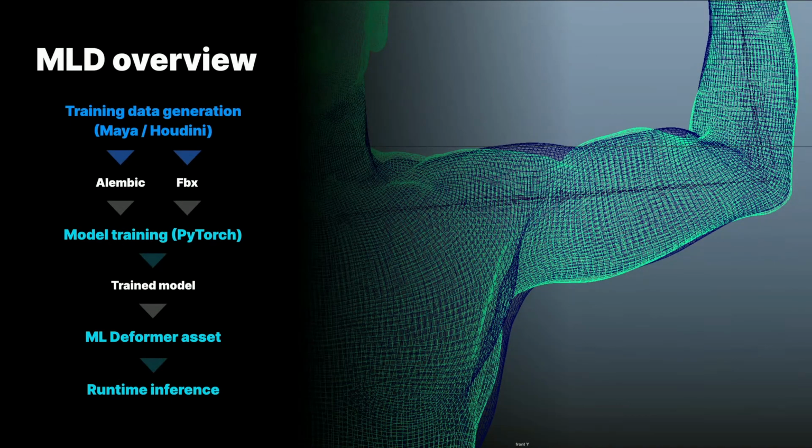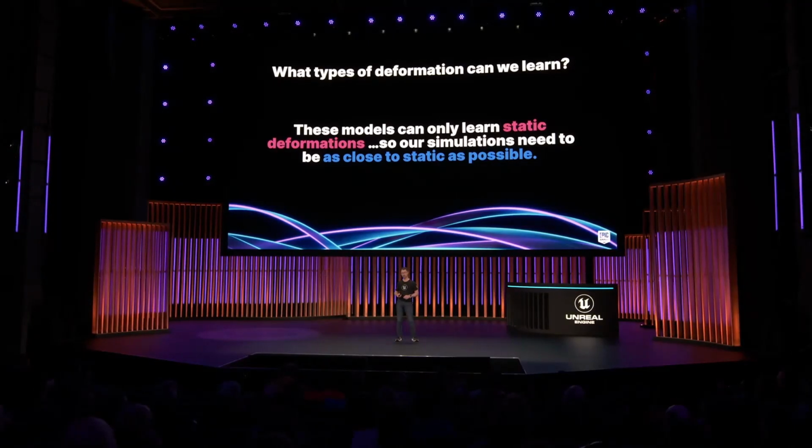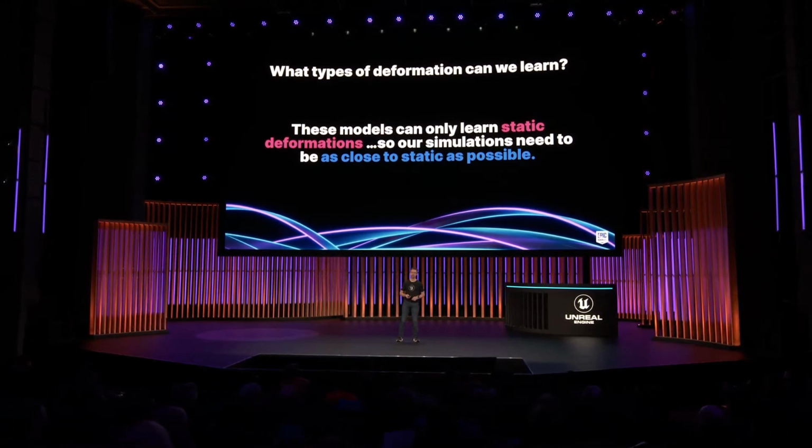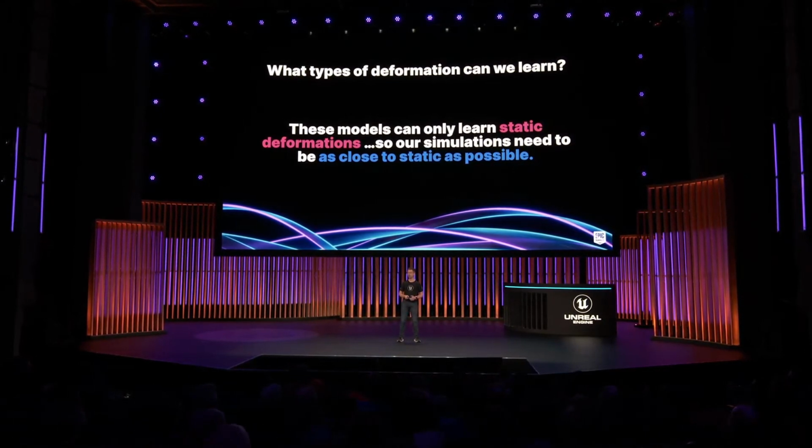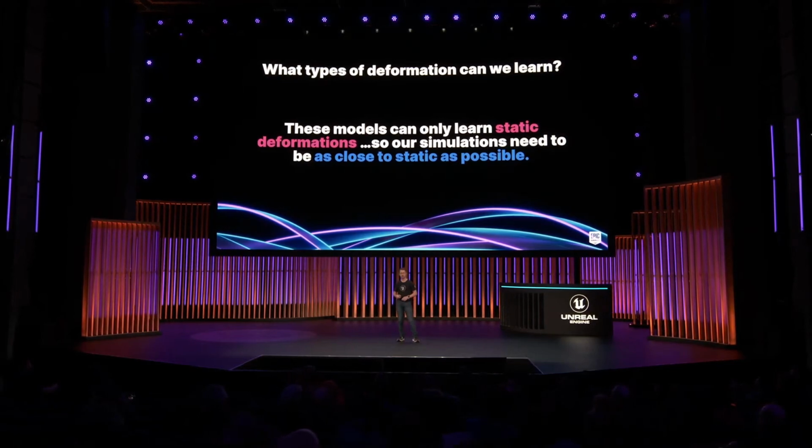So the basic goal is to learn the delta, or the difference, between the complex and simple example across a range of poses. But the muscle, flesh, and claw simulation in Houdini are dynamic in nature. Muscles are affected by gravity,